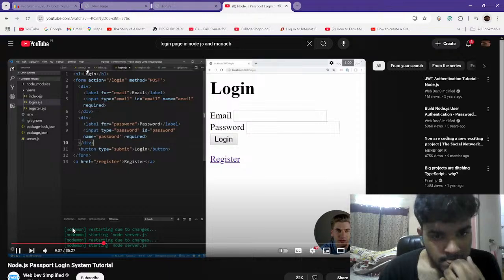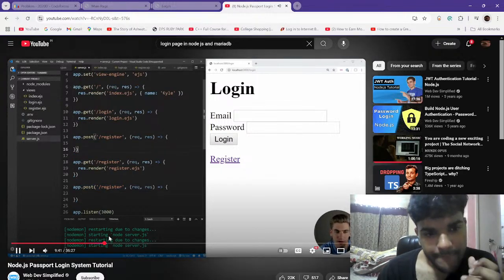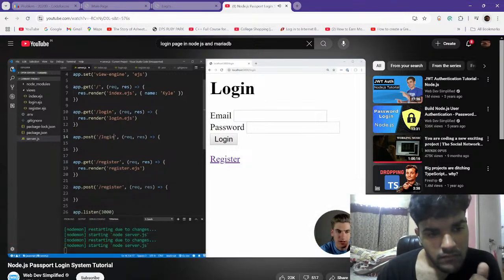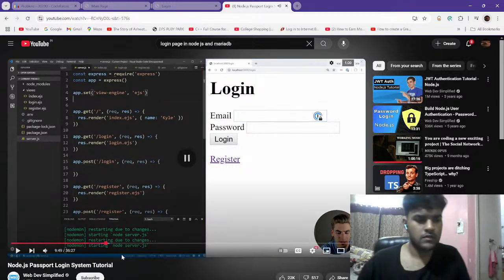Let's go back into our server and actually implement these post methods. First, we want to create the post method for our login. This is just going to be posted to /login. And since we're going to be getting information from forms, what we need to do is come up here